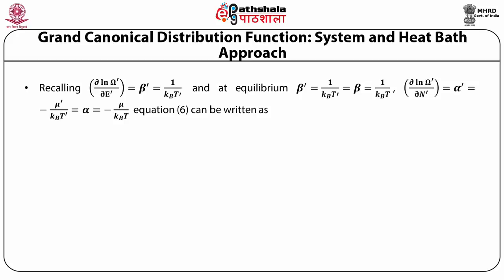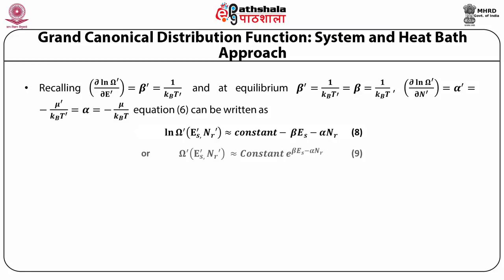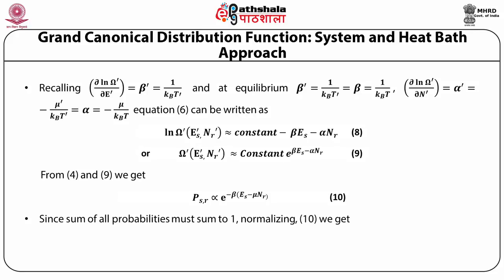Equation 6 can be written as log of Ω′(E′S, N′R) approximately equal to constant minus βEs minus αNr, or Ω′(E′S, N′R) approximately equal to constant times e raised to power minus βEs minus αNr. From 4 and 9 we get probability PSR is proportional to e raised to power minus β(Es − μNr). Since the sum of all probabilities must be 1, normalizing 10, we get PSR is equal to e raised